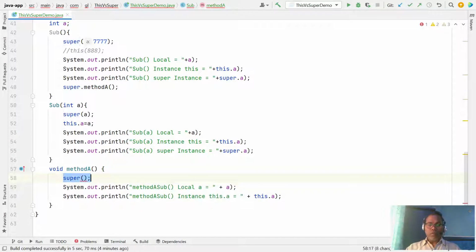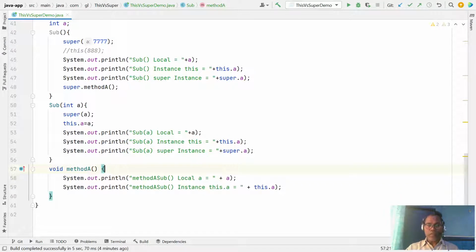So whenever you use this or super as a constructor invocation, please ensure you invoke the constructor of the same class from one constructor, or invoke the constructor of the superclass from the subclass constructor only. And always the constructor invocation must be the first line of your constructor.